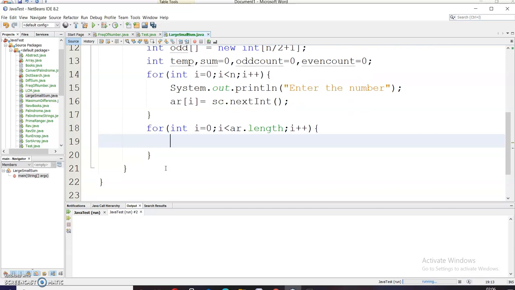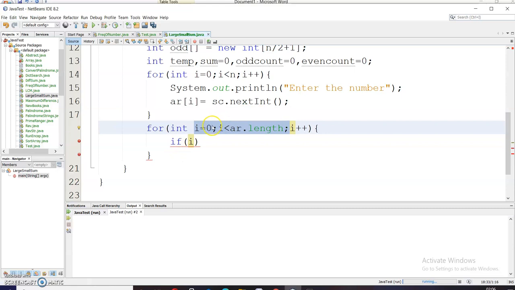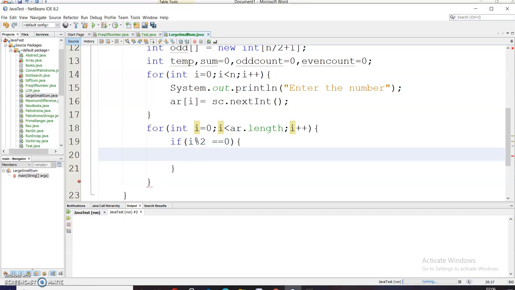Now I will check the condition. I can also write from 1 to array.length, but I am writing it here from 0 to less than array.length. So if i % 2 is equal to 0, then in that case I need to populate my even array.